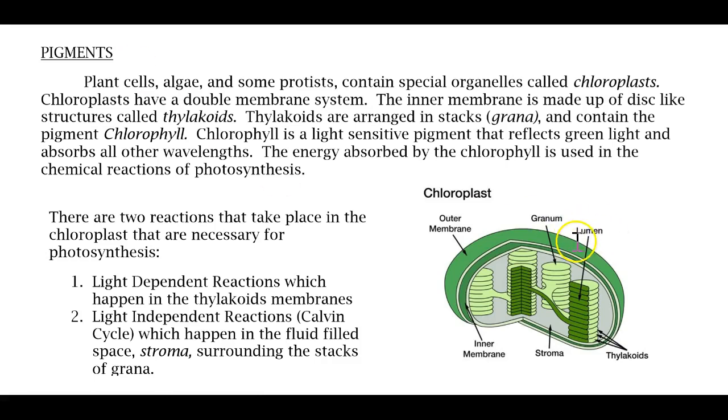Now chloroplast, as we take a look at it here, is a double-membraned organelle. We learned about this in Chapter 7, and I said we're going to really learn a lot more about it in Chapter 8, so here we are. So it's made up of an outer membrane and then another inner membrane, and then these little disc-shaped structures that we see here. Each little disc is referred to as a thylakoid,